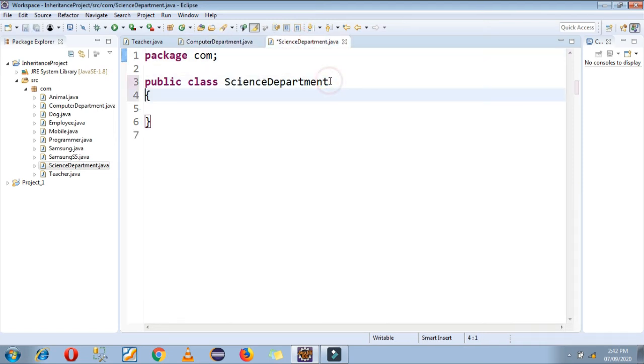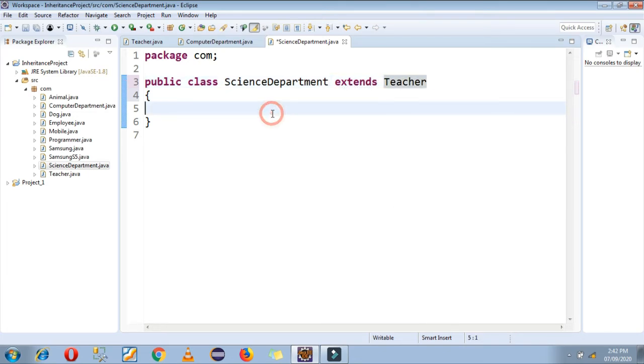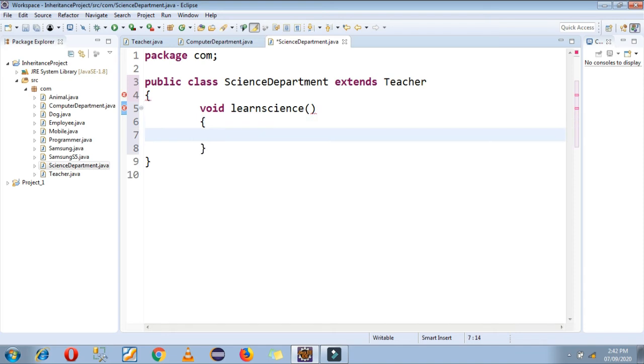This science department class also wants to extend some properties from the teacher class, and the science department class has its own property, suppose learn science. Here I am just printing science student learn.